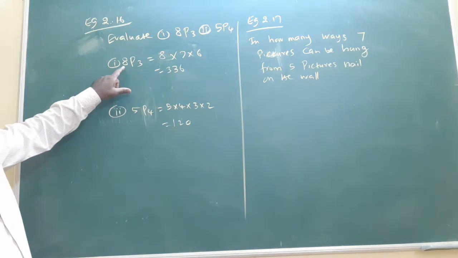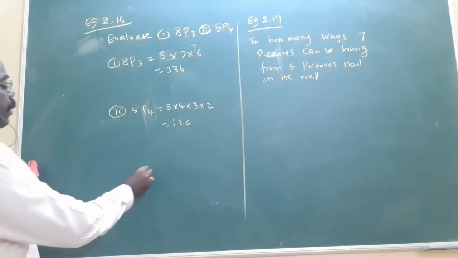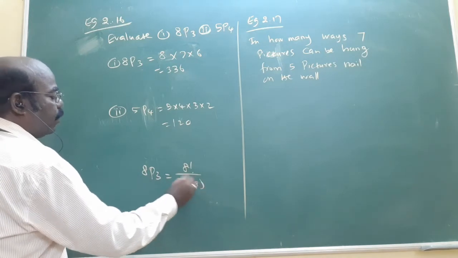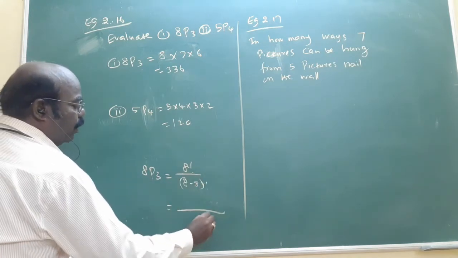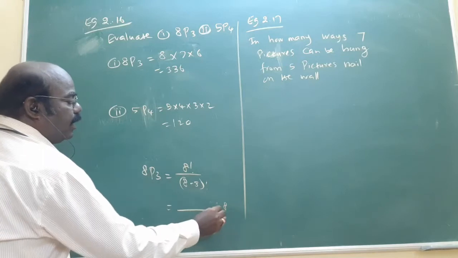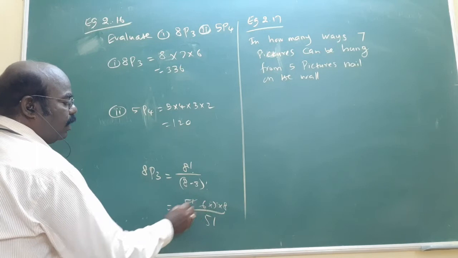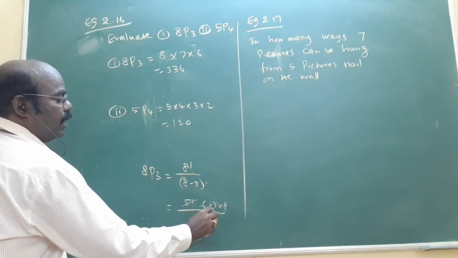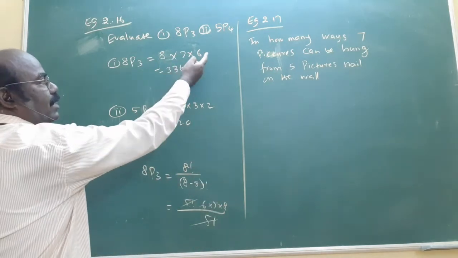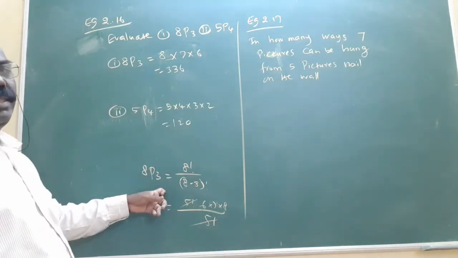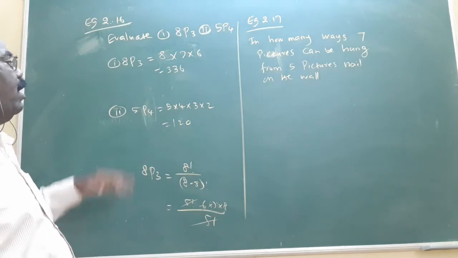Actually, this is the formula: 8P3 means, by using the previous formula, 8 factorial by (8 minus 3) factorial. What I told you is 5 factorial. Here, what is the answer? 8 into 7 into 6 into 5 factorial. This comes, no? We get 5, 6, 7, 8 here also, 8, 7. That's it. Both are the same. This is the direct method by using the formula method. Anyway, both answers are equal, but this is easy for you.